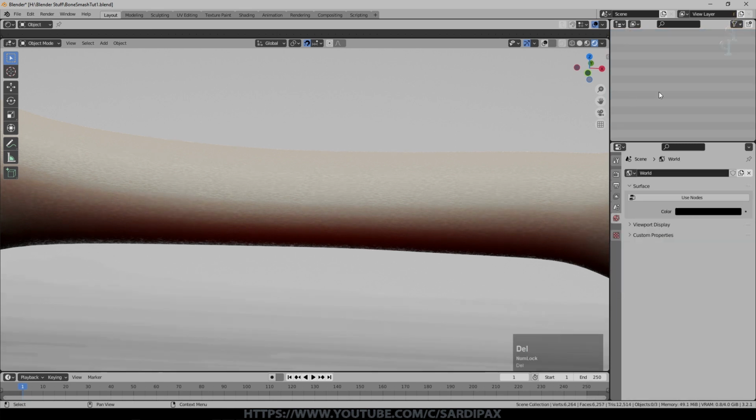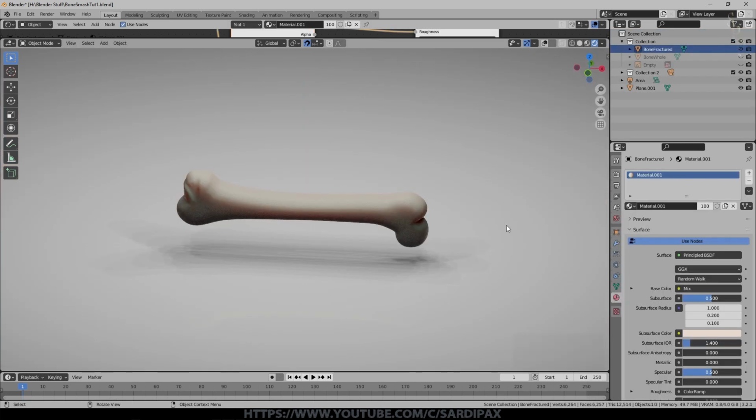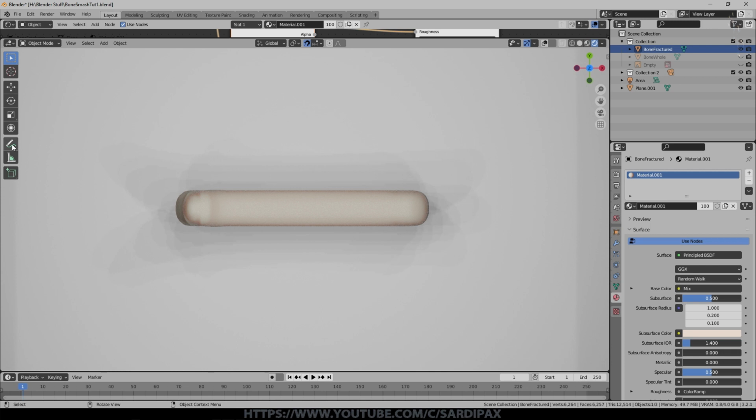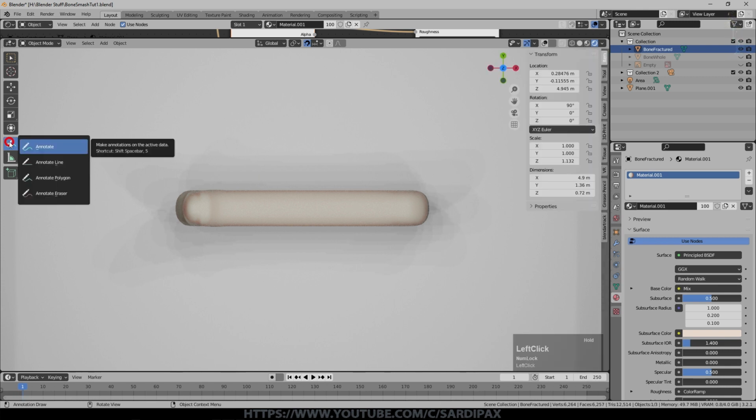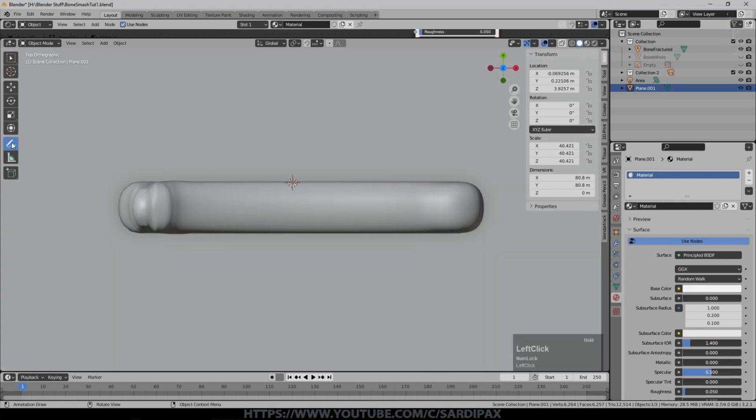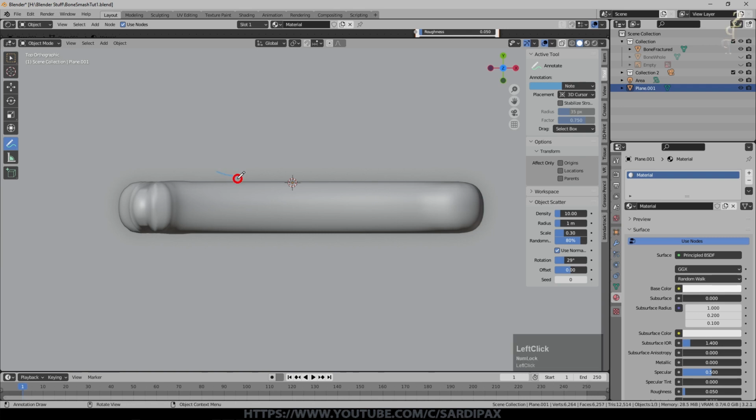So just delete those. But you noticed it had fractured the whole bone all over, and that's not strictly what I want. So I'm going to change a couple of things. I'm going to look from the top and I'm going to click here, which is the annotation marker, and wherever I want the bone to break, so let's say here, I'm just going to put a mark there. If you hold your mouse pointer down for a moment, you'll get various options. We just want the normal annotation. So once we've selected our tool under annotate, we can just draw a line like this, and that's going to be where we want our fracture to occur.